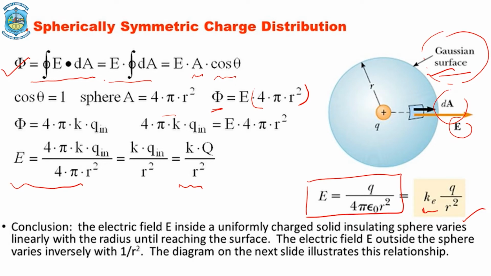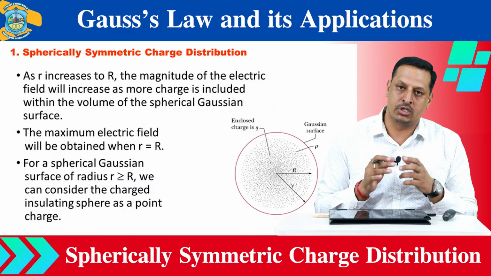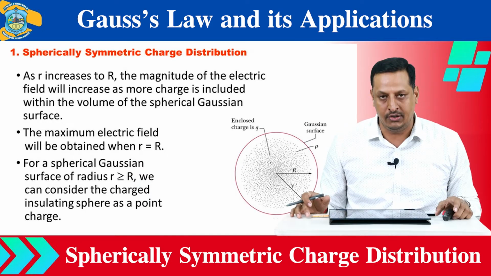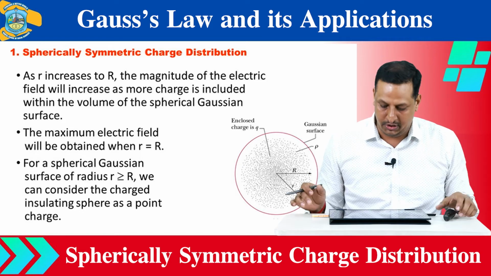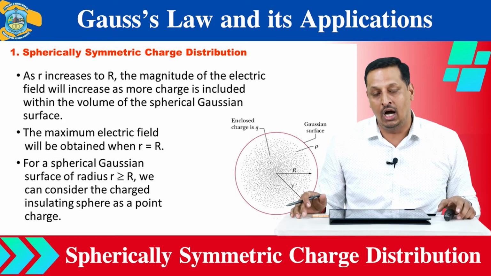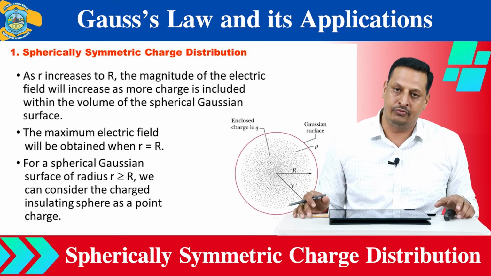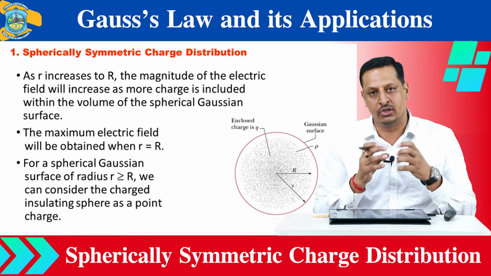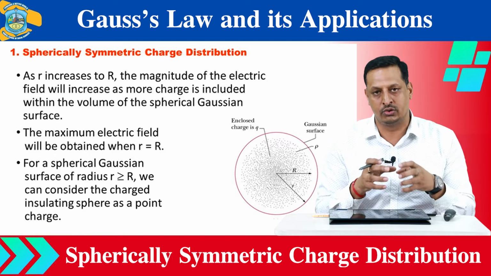And this we can do with the help of Gauss's law or theorem. Now, after the calculation of the electric field due to a point charge by using the concept of Gauss's law, we are moving to find out the electric field produced by a spherical distribution of charge at different locations. For that we can assume an insulating sphere within which the charge is distributed throughout its volume.